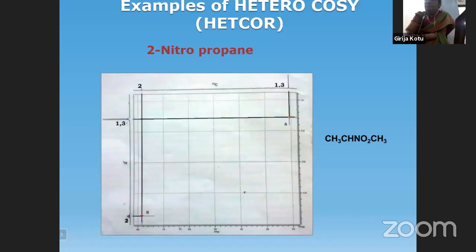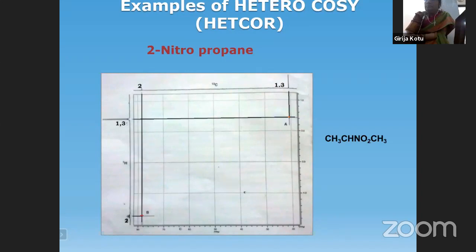Now look individually at the C13 NMR and individually at the proton NMR. Inside the box is the matrix, that is the 2D. Let me analyze the proton NMR individually. For the proton NMR spectrum of 2-nitropropane, how many signals do you get? Again, 2 signals. There are 2 different kinds of protons: the methine proton and the methyl protons. The 1 and 3 methyl protons are together, and the 2 methine CH proton is separate. The downfield signal is the methine, the second proton.